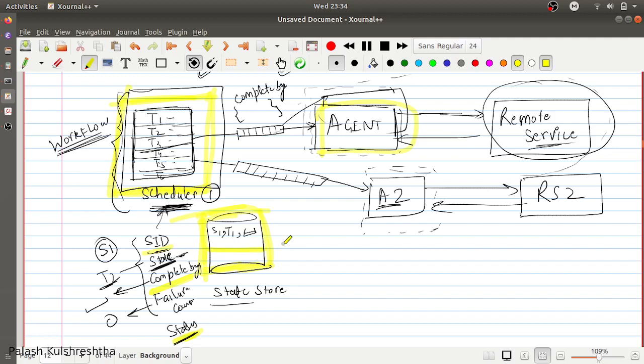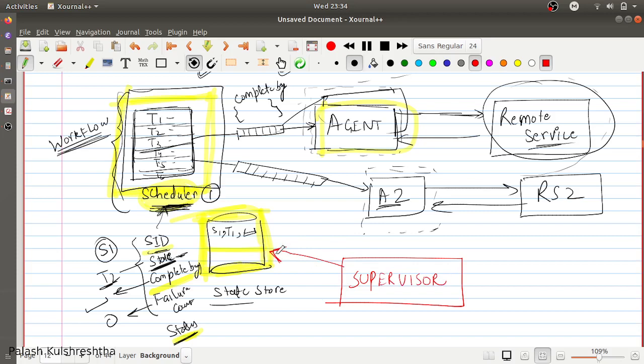There can be cases where your scheduler also can die. For example, if your scheduler dies, what is going to happen? Since all the state information has been captured in your state store, you are going to use another component called supervisor, which is going to interact with the state store to check the health of the current tasks that are running.